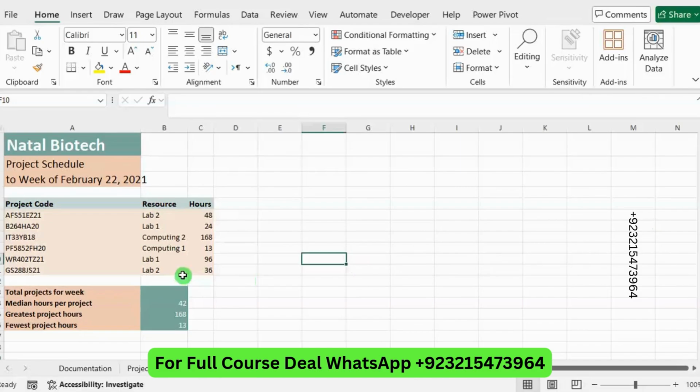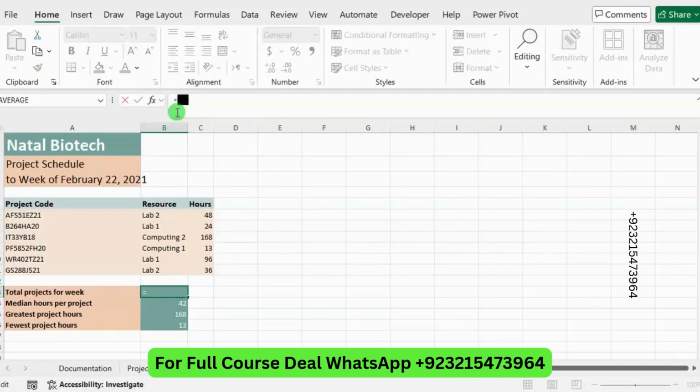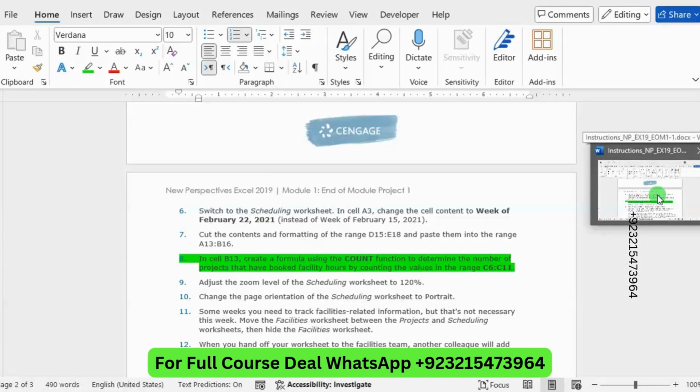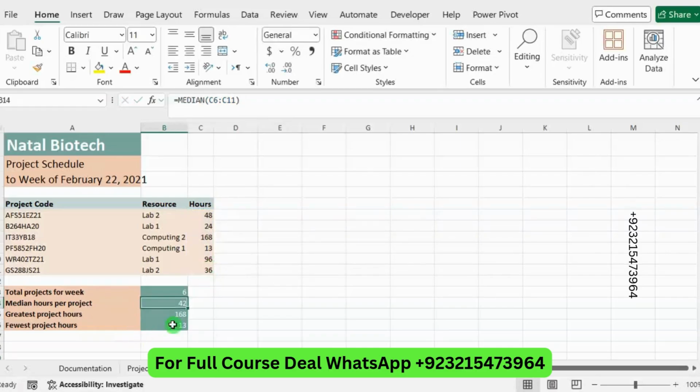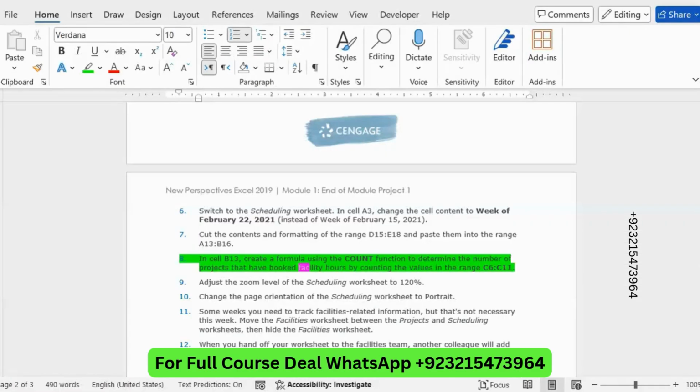Equal to COUNT, double click on it, and now select the range C6 to C11, close the bracket and press enter. So we have got our value.